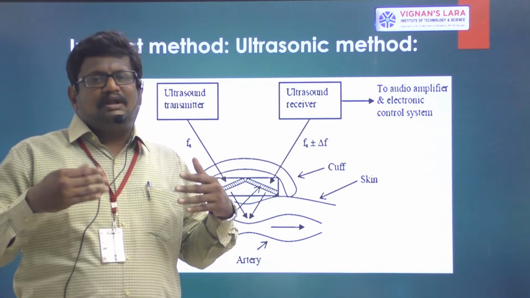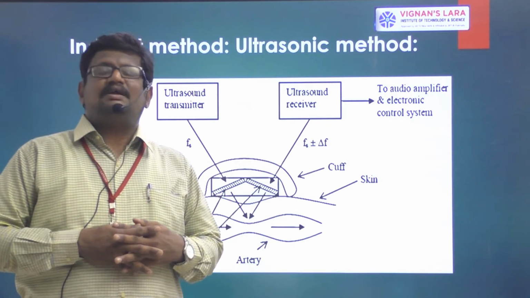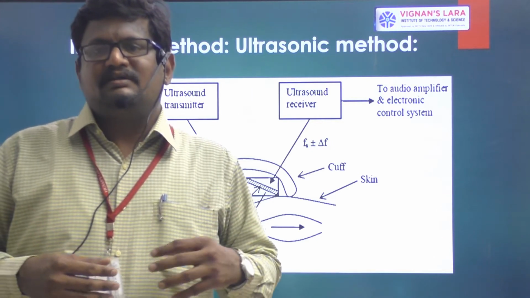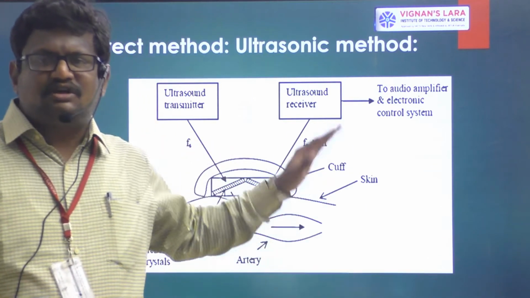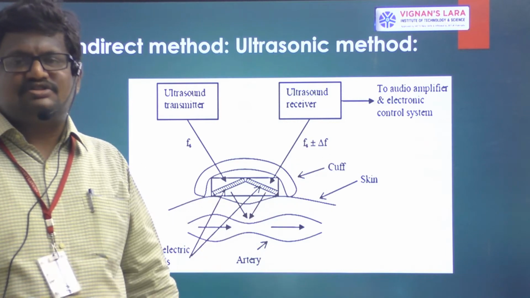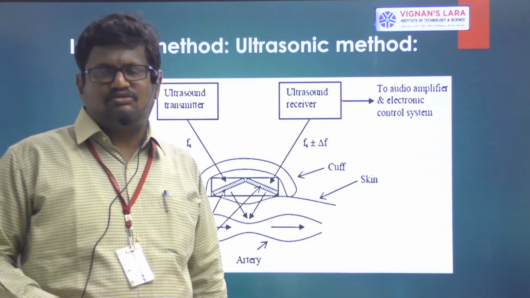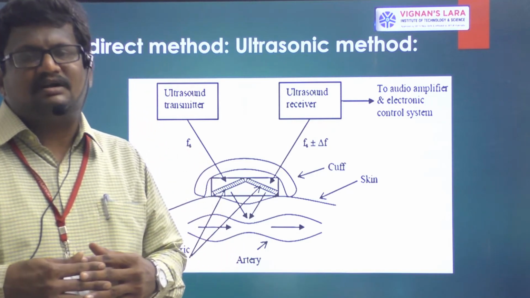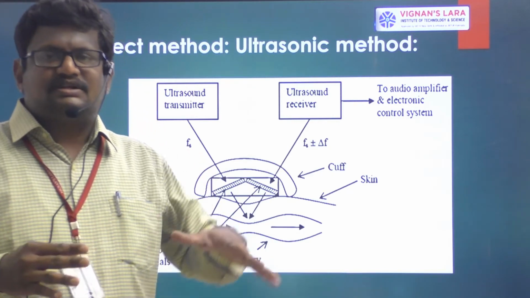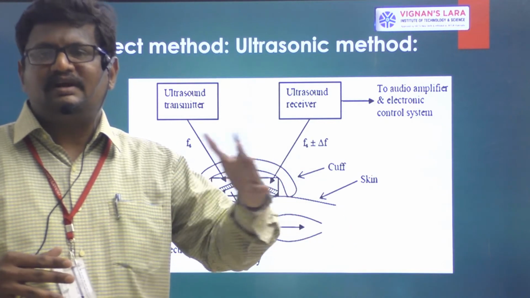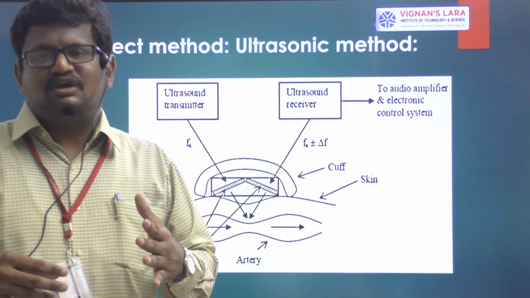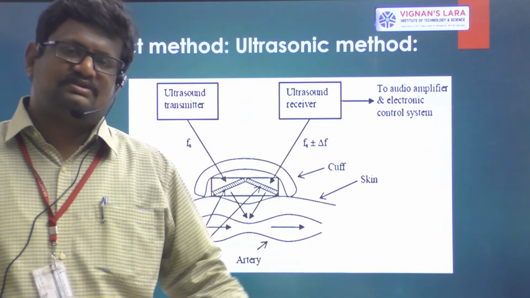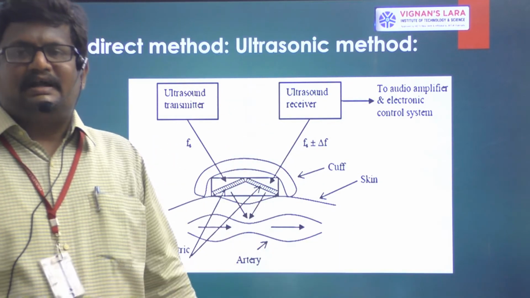So what we are going to replace, compared to yesterday's topic of the indirect method of blood pressure measurement using the sphygmomanometer, is this: it is also a typical sphygmomanometer, but instead of the conventional stethoscope, here we are going to use an ultrasonic probe. So what happens in the ultrasonic probe? At the systolic pressure and the diastolic pressure, two different Doppler shifts occur. When the first Doppler shift occurs, it is said to be the systolic pressure. Similarly, when the second Doppler shift of frequency occurs, it is said to be the diastolic pressure.